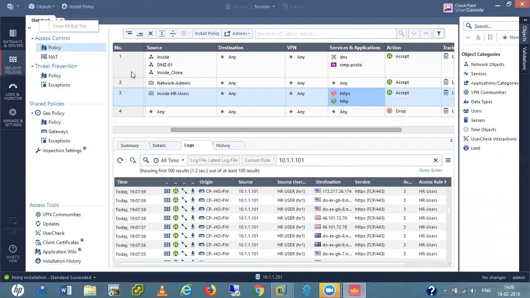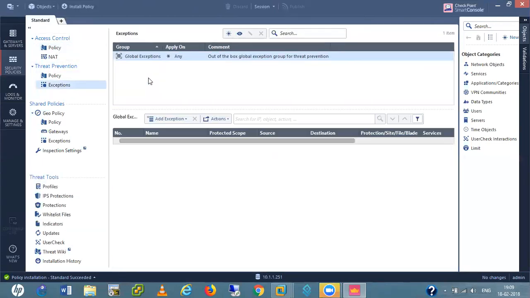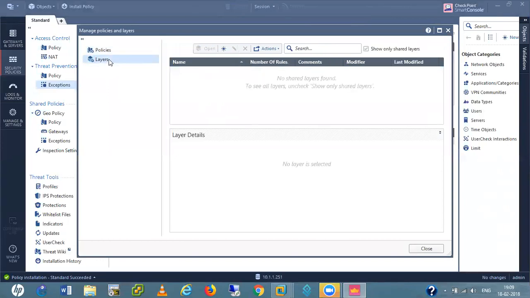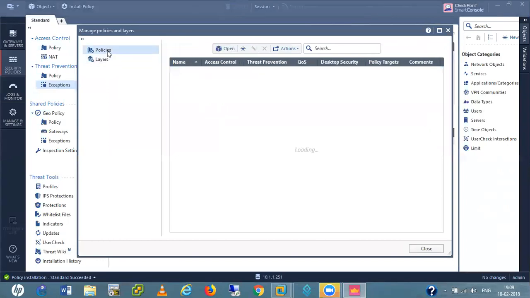Standard policy. This one. Manage policies and layers here. Policy. Edit.